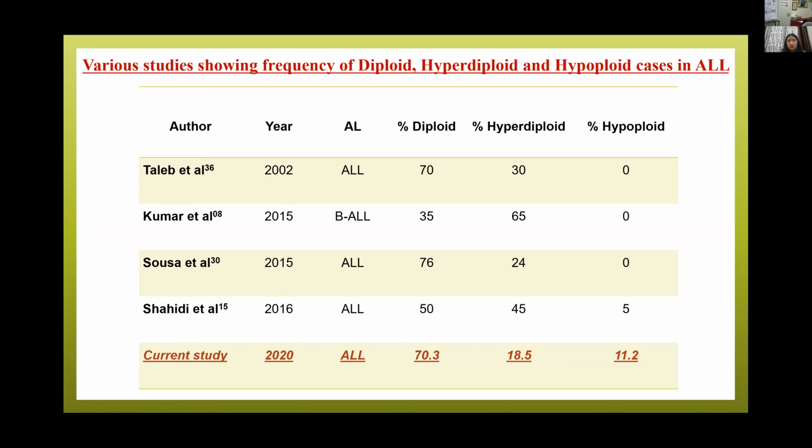Then I compared the frequency of hypoploid cases. As you can see, I found that the percentage of the hypoploid population was more in our region. It was 11.2%, whereas other studies in our region show